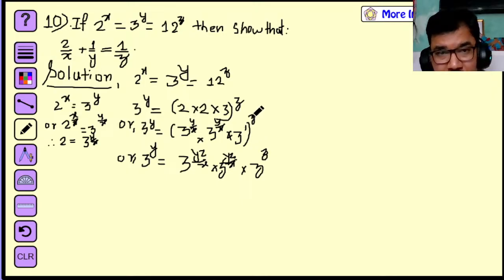This power is 1, that's why 1 into z is... no, this is not the z, okay, this is the 3. We have done 2 into 2 into 3, that means 3, this is okay. 3 power yz by x, this is also 3 power, this is not z, okay children. This looks like z, but this is not z here, this is 3. 3 to the power y by x, okay, I correct it here. 3 to the power yz by x, and here is also, there is not z, this is 3 to the power,